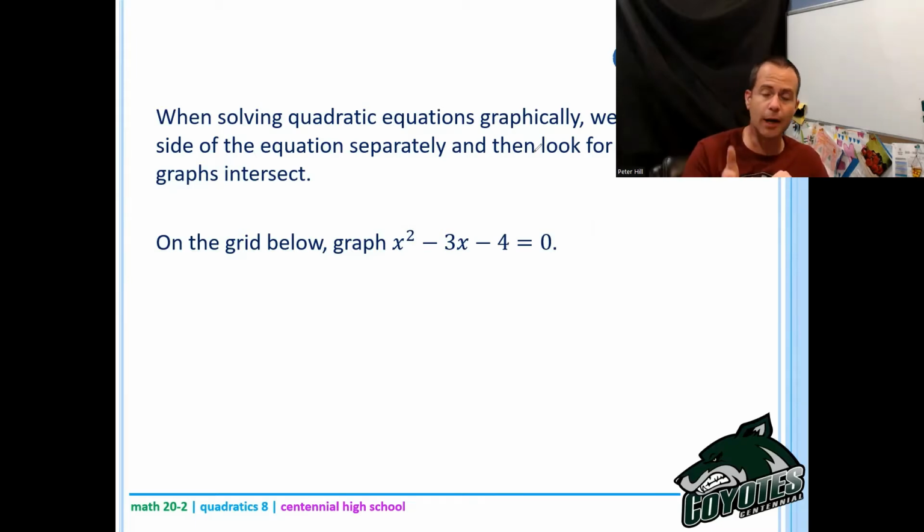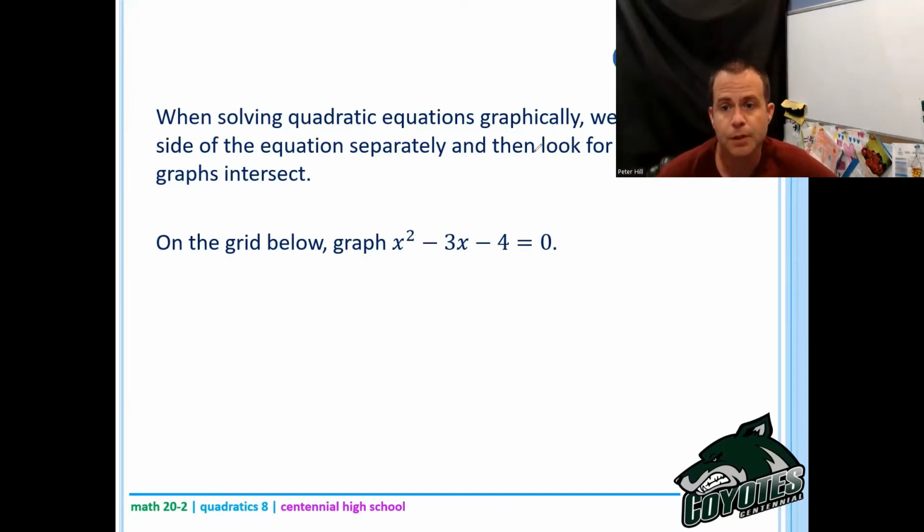Okay. Now, back to the graphing portion of it, though, we are going to graph x squared minus 3x minus 4 as one equation. And then as another equation, we're going to graph y equals 0. Okay. Now, the first thing I want to do is use this opportunity to remind you that you can graph both of these equations, the x squared minus 3x minus 4 and the y equals 0, by hand, just with everything you know so far. So I'm going to quickly walk you through a review of how to graph by hand. Then after that, we're going to also review graphing it by graphing calculator,